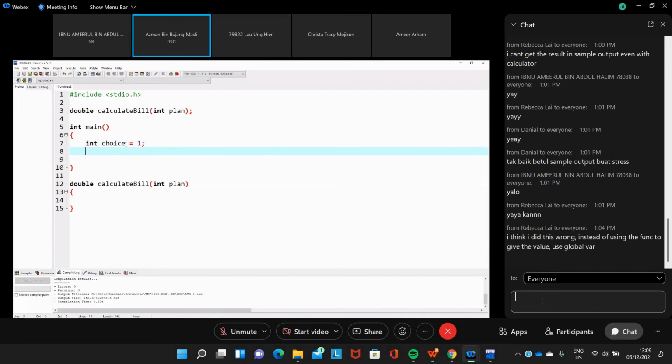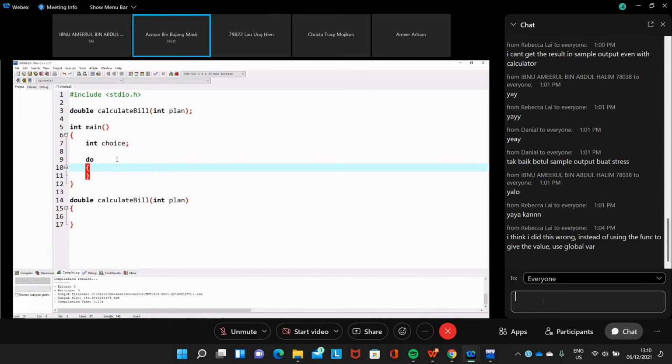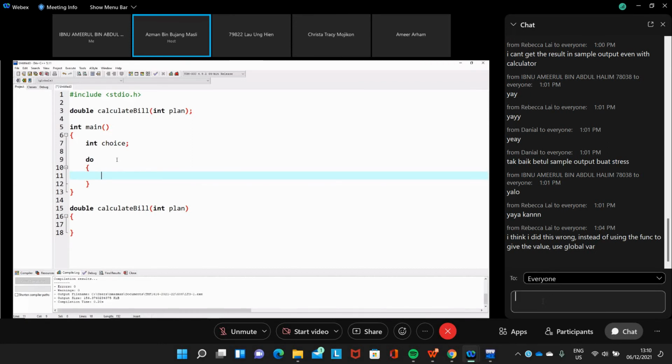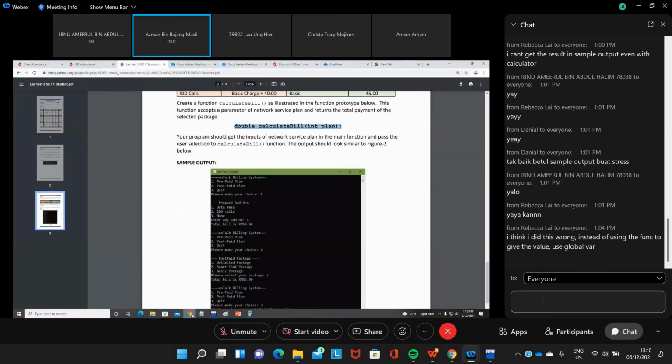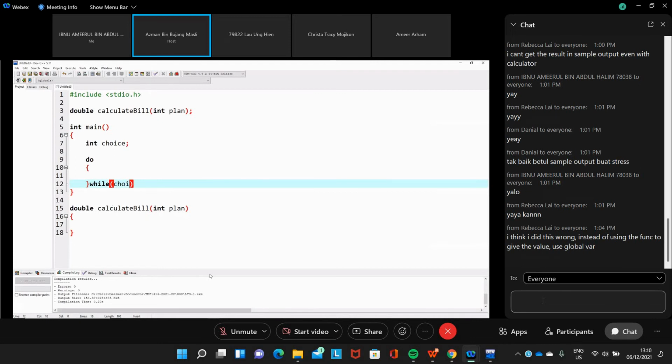So this is just to control the while loop. Or we can use do while. Okay, we use do while. So we just do this one, and then this is while choice is not equal to 3. So 3 will quit. And then do this one.